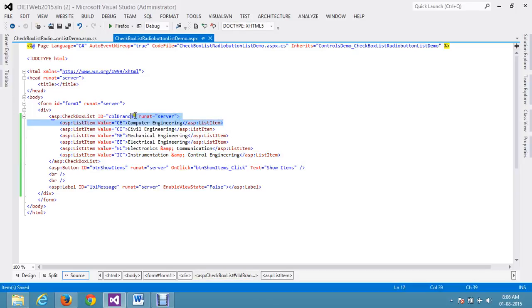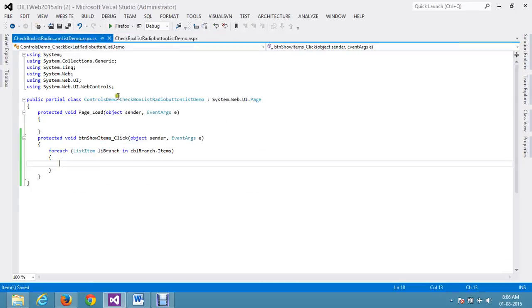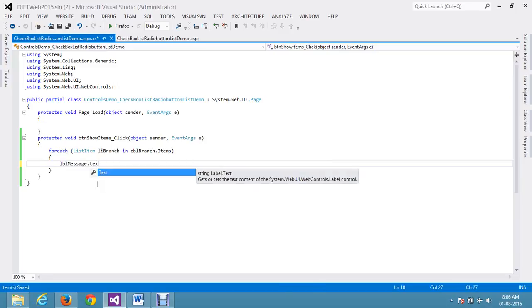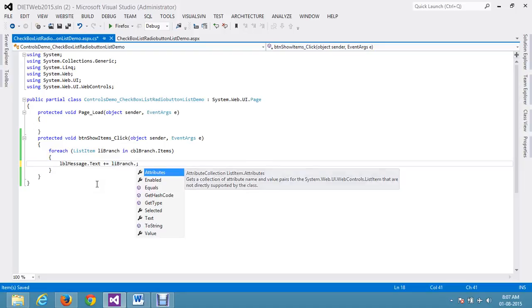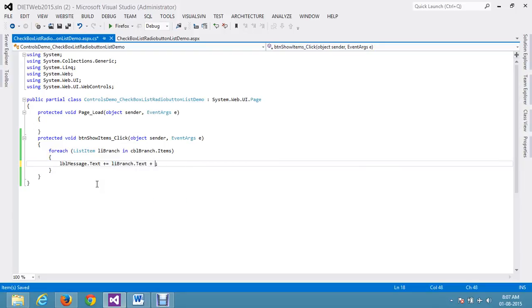So first it is going to select this one, and again this is a list item, and it has two properties. One is the value property and one is the text property. Right now it is not checked. So this list item is going to be there with this object LI branch. Now just lblMessage.Text plus equal to, let's go toward list branch dot text plus, just append this one,